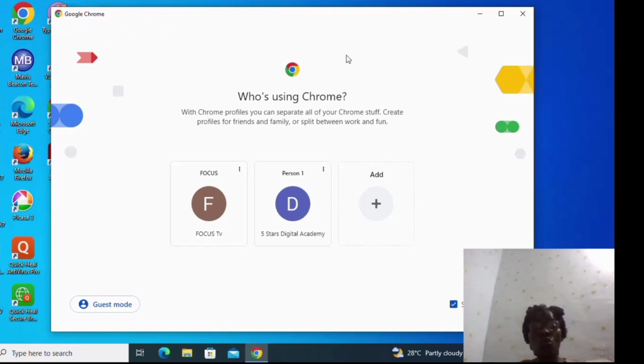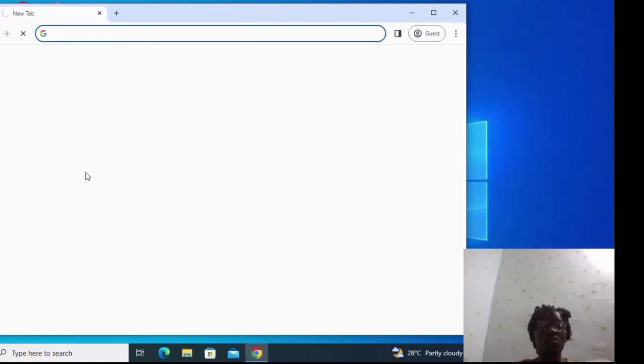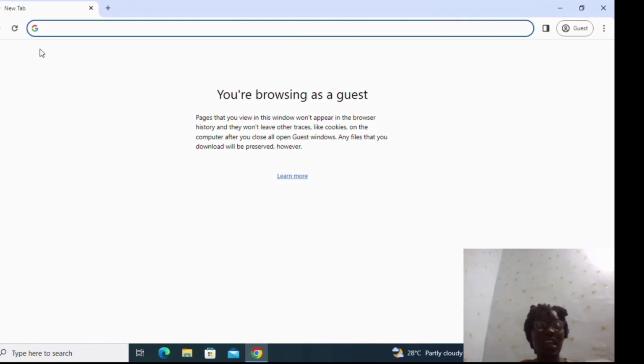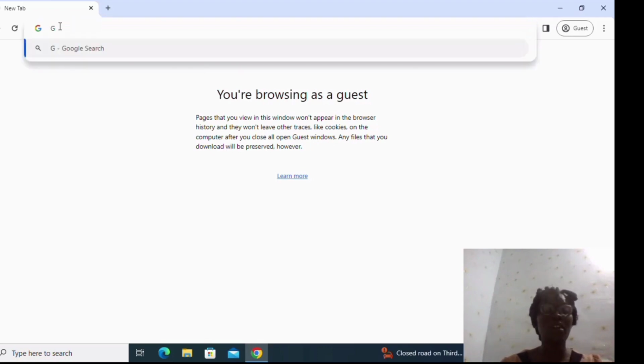your Chrome will open with a search space where you can type in what you are looking for. But I already have 2 emails here. So what I will do is I will go to guest mode. Good. So this is where yours is supposed to open for you. The moment you double click on the Chrome, it will open something like this for you. You will not need to have that first place I have before I came here. So here you will now type Gmail